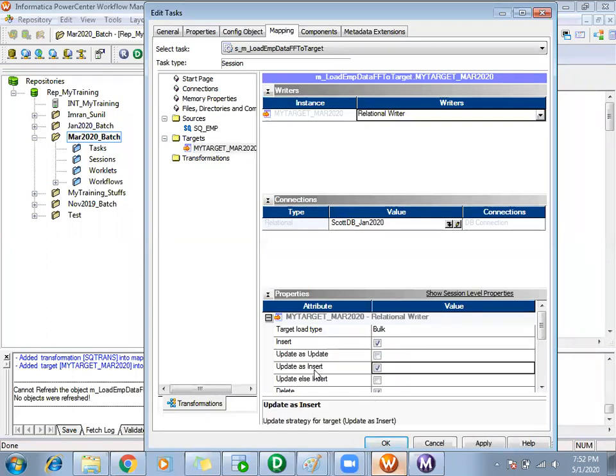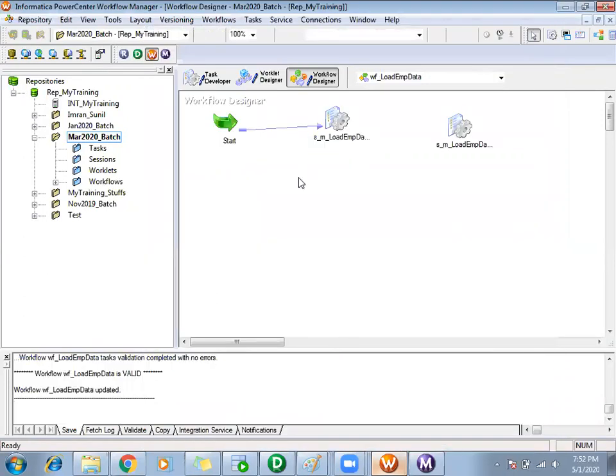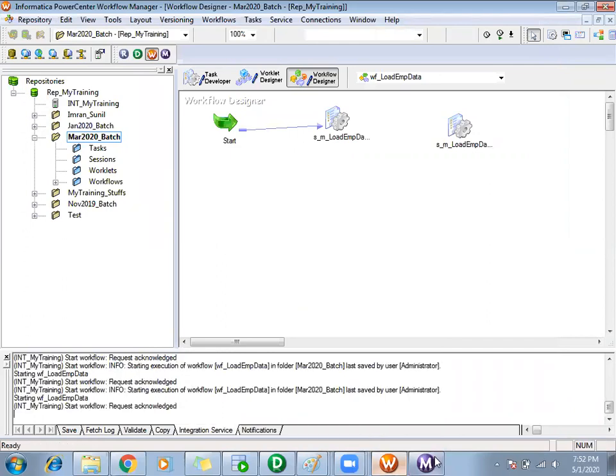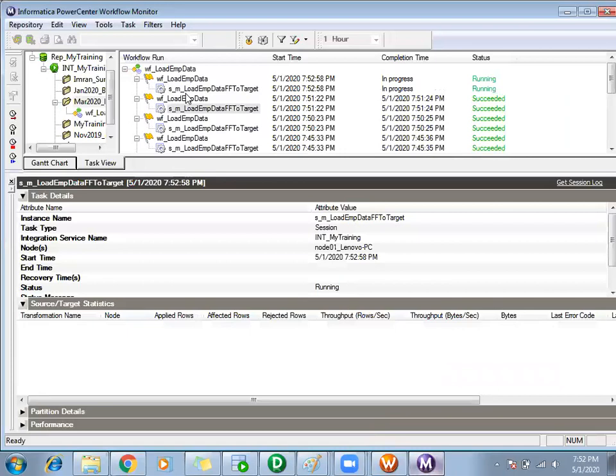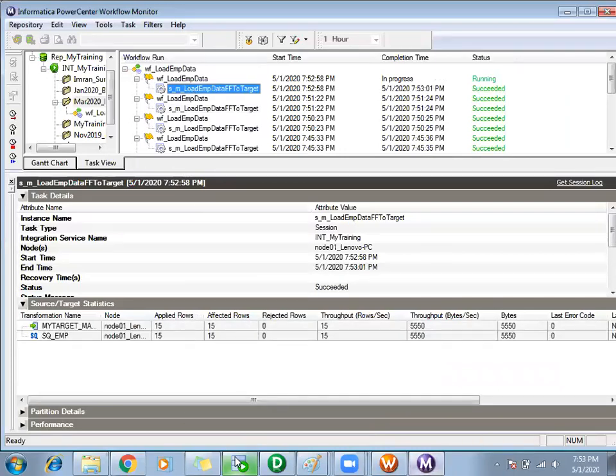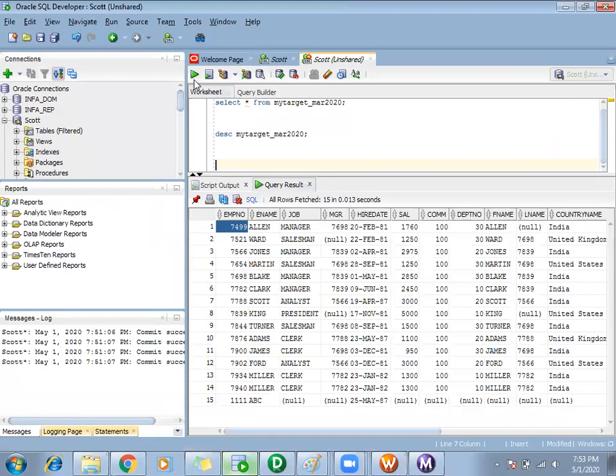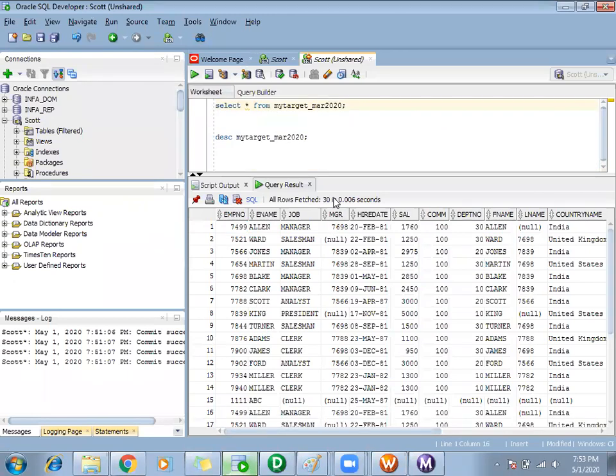If I select update as insert now, and I'll say okay, update as insert, okay, save and start. So it got inserted. See, now the records didn't get updated, they got inserted.